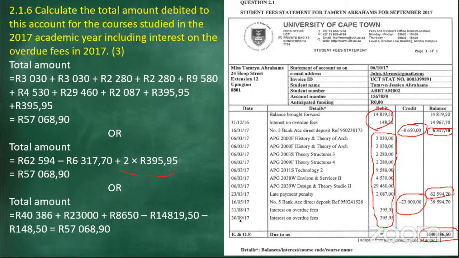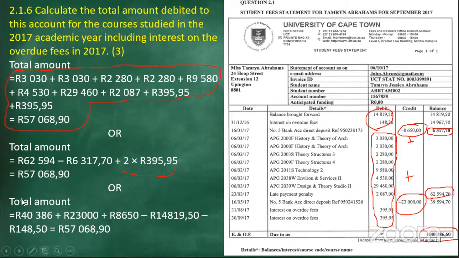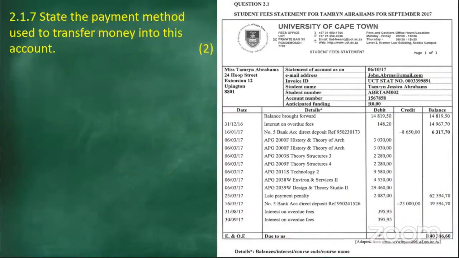I'm sorry, it's the 40,000 there. You add these two on the credits, and then you subtract those ones at the very top on the debit. Either way, you will get the same answer. I would advise just go for the simplest route, add everything indicated as 2017 on the debit side. It's easy enough, you're quick enough, you move quickly to your next answer and you get your 3 marks. All of them give you the same answer, but that one was the easiest to work out because it was just addition.